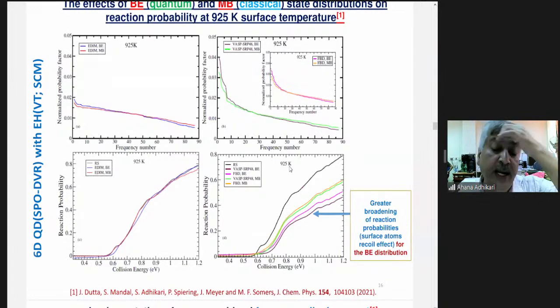so there is greater broadening. If you go to 925 Kelvin, you can see the upper curve is the rigid surface. That is, the surface does not have any temperature. This is a 0 Kelvin kind of situation. But when you include Bose-Einstein and the vast frequency, then you can see how much broadening happened. Huge broadening happened, and that is